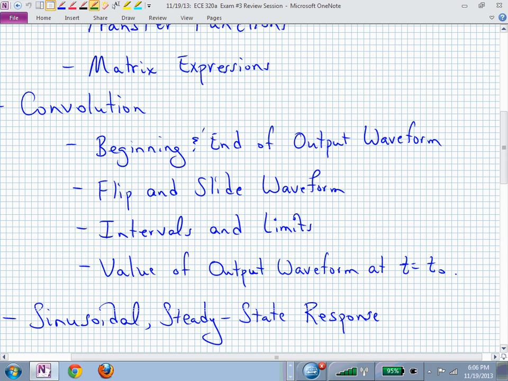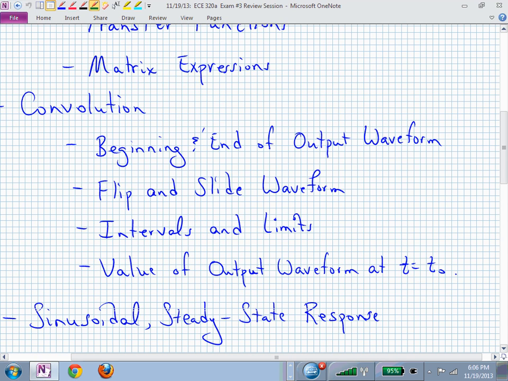I might just give you a generic waveform and say, pretend you are flipping and sliding this waveform. Draw it, label it, and show me what x of t minus lambda is. For example, if I just gave you a generic waveform x of t,